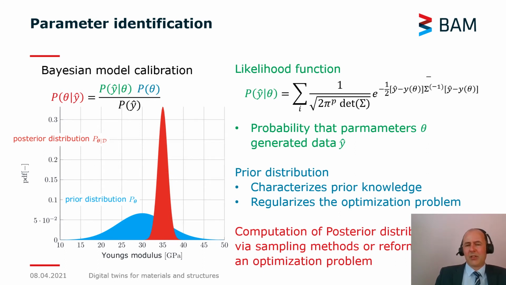And for the computation of those, there's different procedures. One that's very common is using Markov chain Monte Carlo methods or similar approaches. They're very good, but they need many cases, many evaluations of the forward model. And this is where, as I discussed before, the application of reduced order models could be beneficial in order to improve